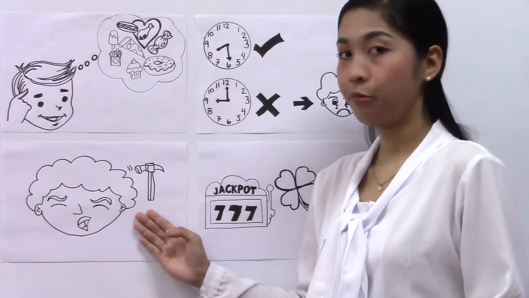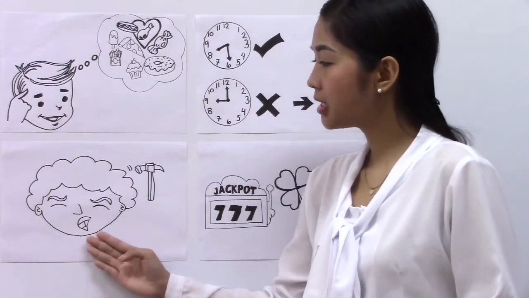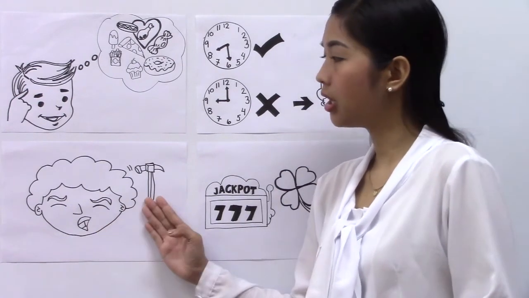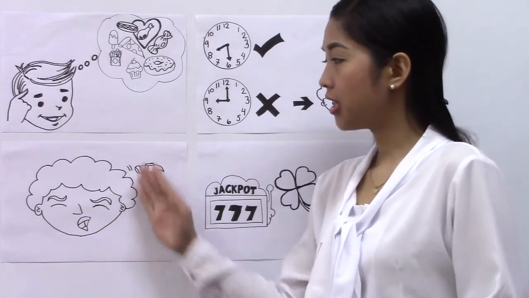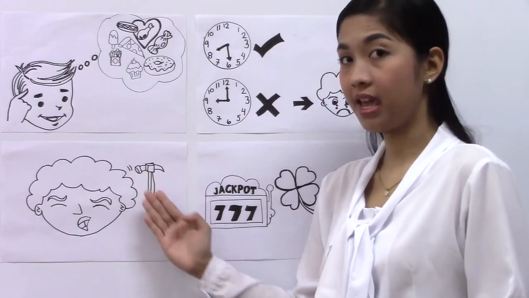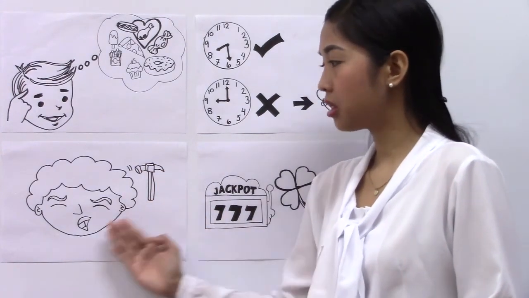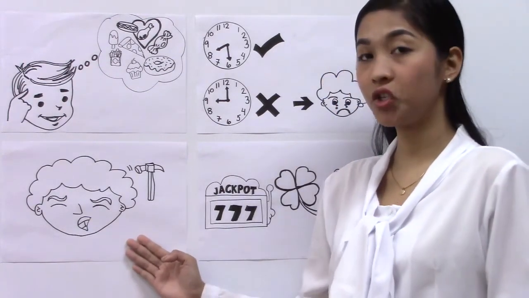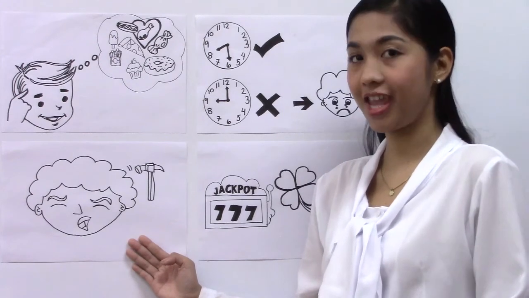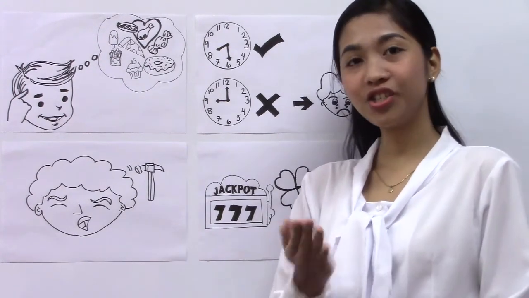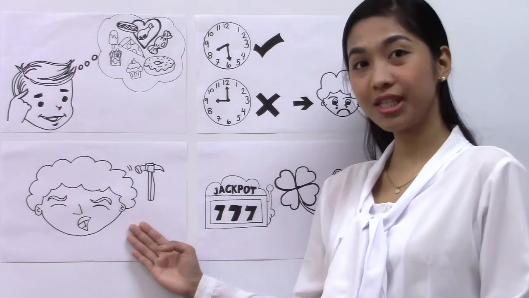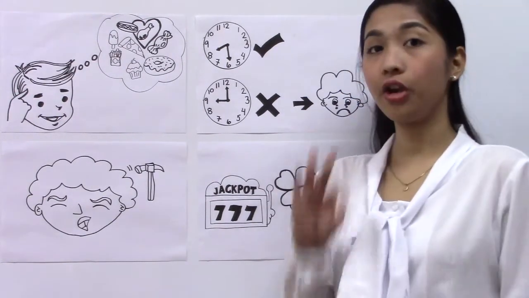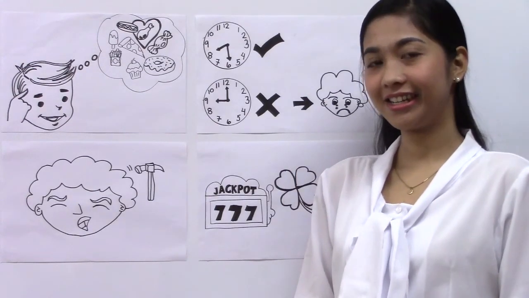There is a hammer on the side. And this picture here depicts that he is in pain because of this hammer. And it is near his head. So which means that this person has a headache. So the context for this picture again is I have a headache. What did you draw? Is it the same with this one? You're doing good. Now let's go to our third context.